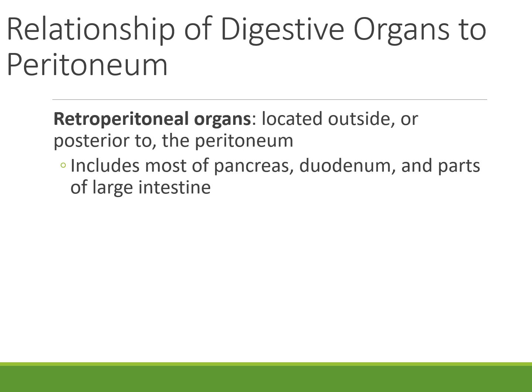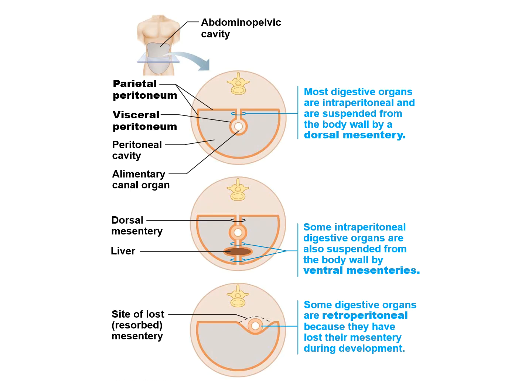Retroperitoneal organs are ones that are located outside of it, or they're behind this. So those are going to include the pancreas, the duodenum, the first part of the small intestine, and parts of the large intestine. So just showing you the location of some of these organs and how it's organized in a